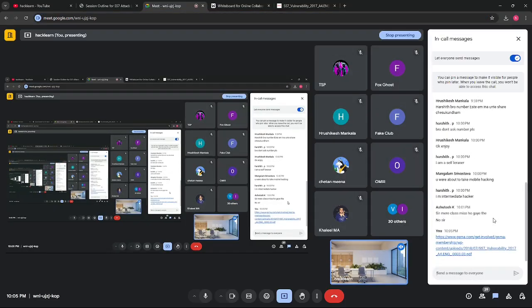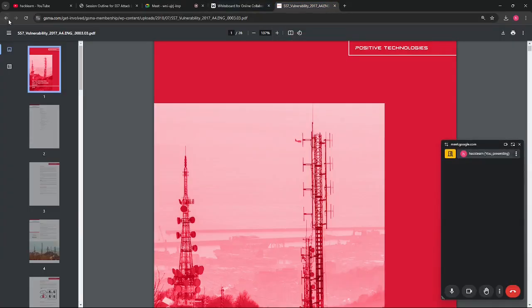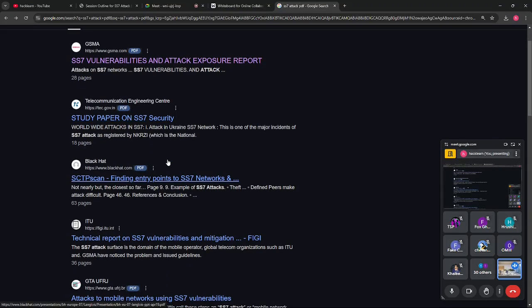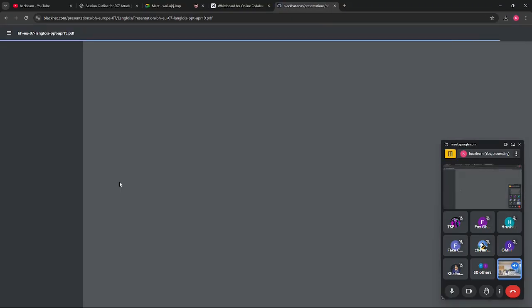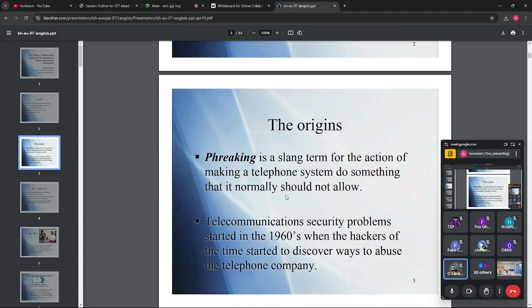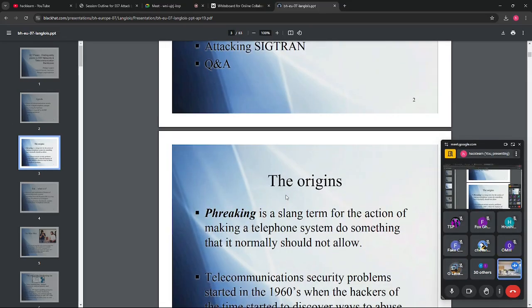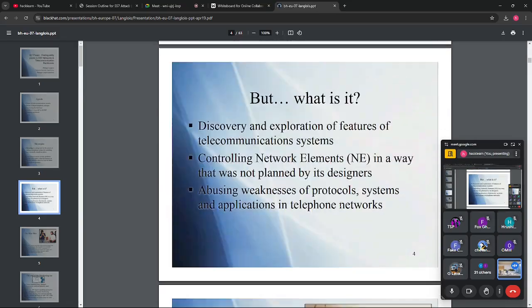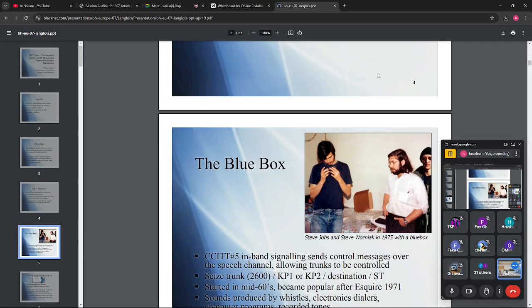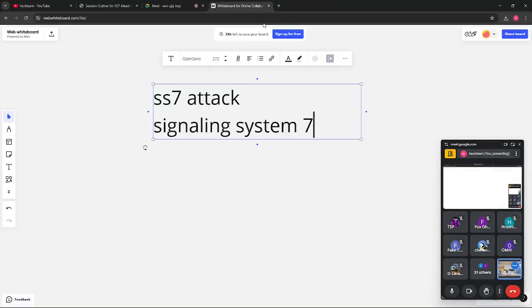Most of the things I will be discussing, I will be referring to a few PDFs from here as well. Everything I discuss comes from all these PDFs. After the session, your main task is to go through any of the PDFs: how it started, how we are discussing it, and what things we can do with it. You just need to come here and deal with that, and after that you will be done with SS7. This will be a great choice to learn.